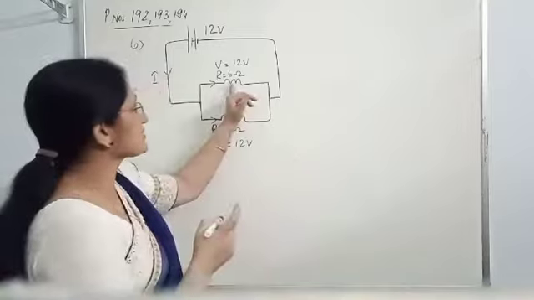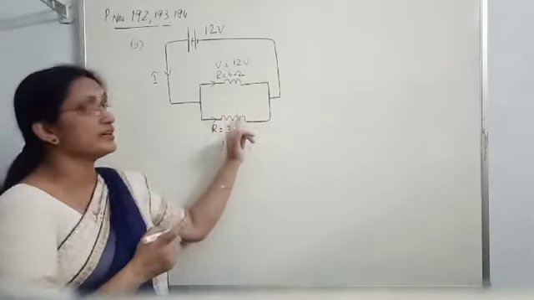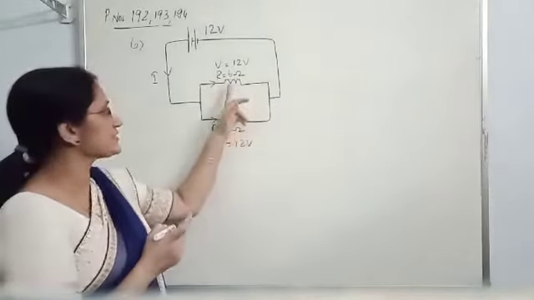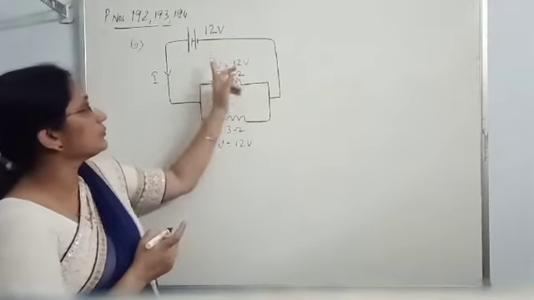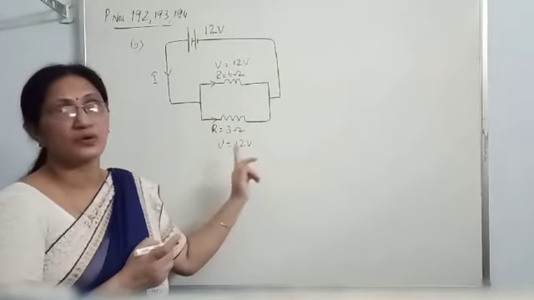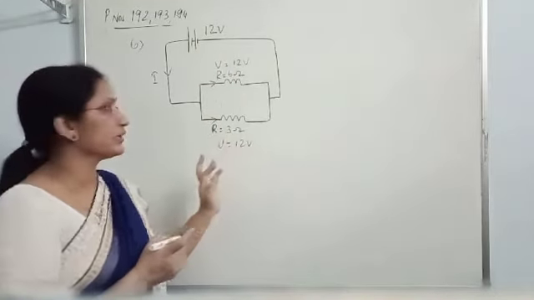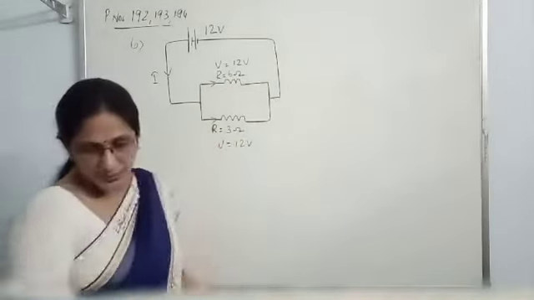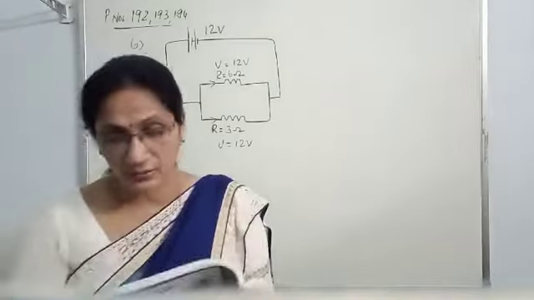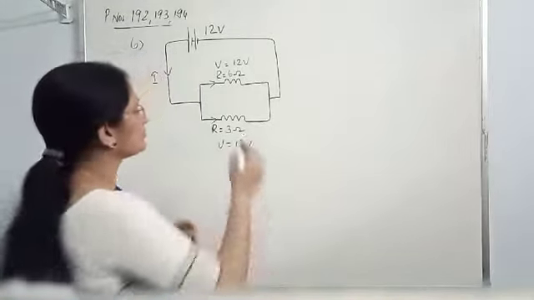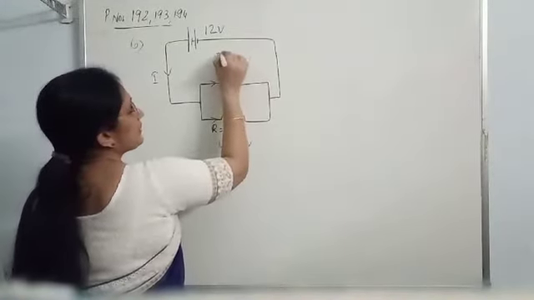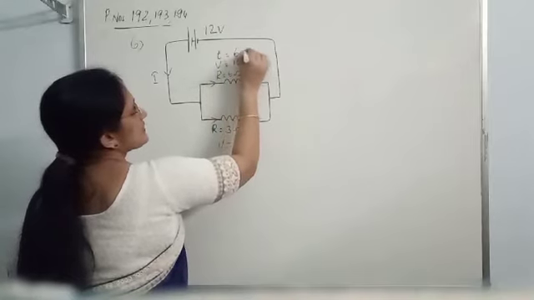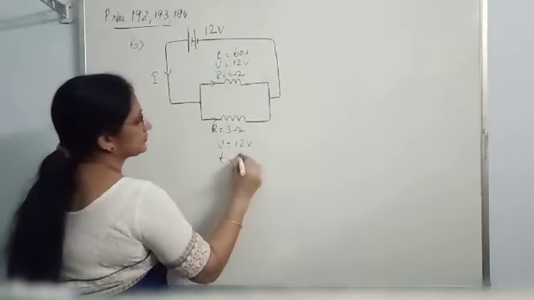In this case, the resistors are in parallel. When resistors are in parallel, both get the same common constant voltage. So the V value for each resistor is given, and it is working for a time of 1 minute. Working time is 1 minute, that means 60 seconds for both.